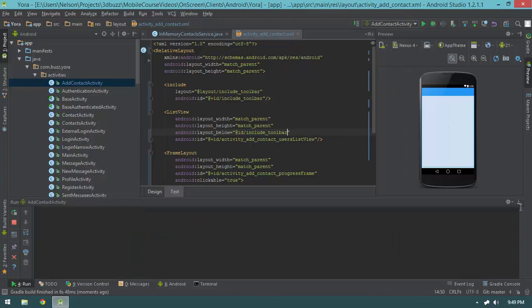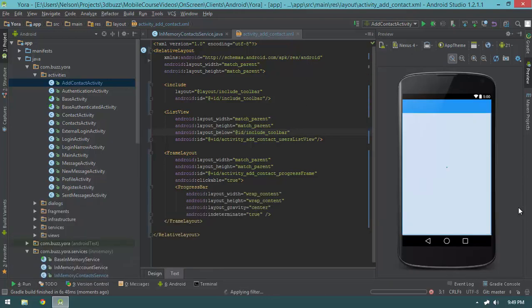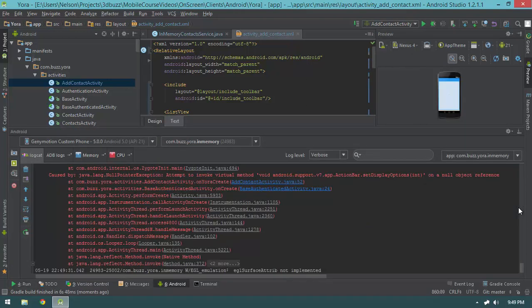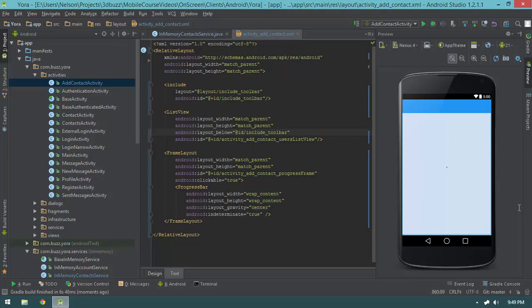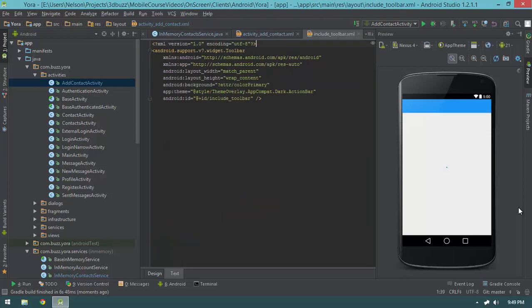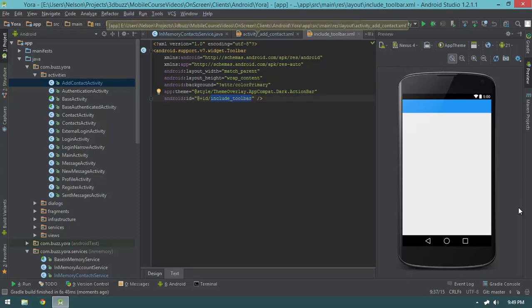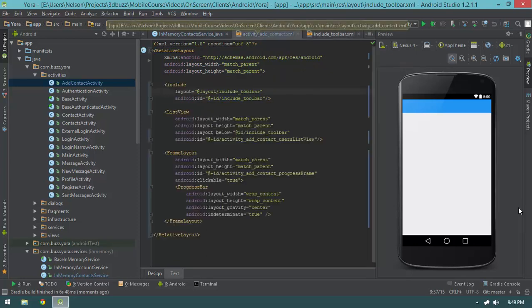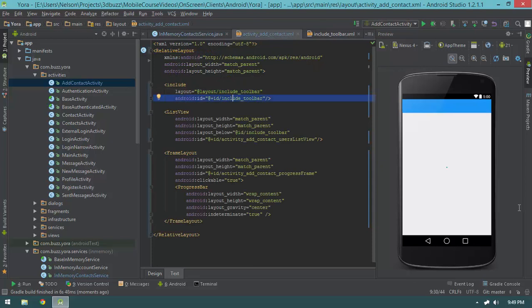Let's go ahead and hit run, because I'm pretty sure that was the problem. Yep, that was the problem. Okay, so what was going on here is we have our include, and it's bringing in this guy, which has an ID, which is totally cool because when this guy has this particular ID, we're able to retrieve this view by saying find view by ID, because it's added to the view hierarchy. However, in this case, I need to also specify the ID inside of this layout. And when I specify the ID inside this layout and it differs from the ID that we're expecting it to,